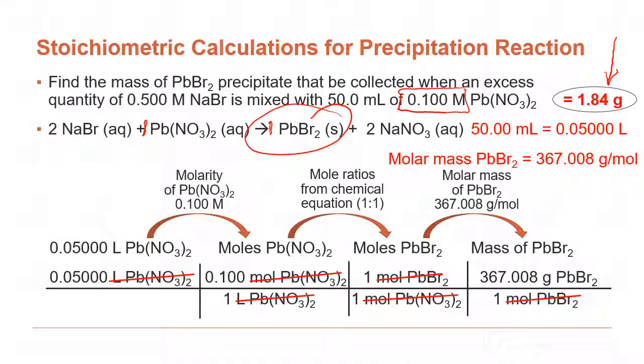When I do all of that math, what I end up with is a final answer of 1.84 grams of that lead bromide product that I should be able to produce given my starting 50 milliliters of 0.100 molar lead nitrate. Now again, I want to express that in 3 significant figures. The reason is because my